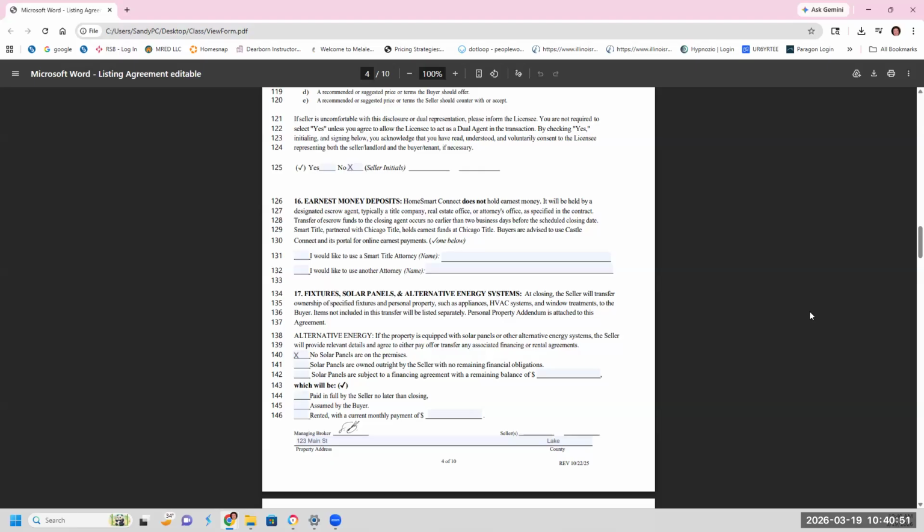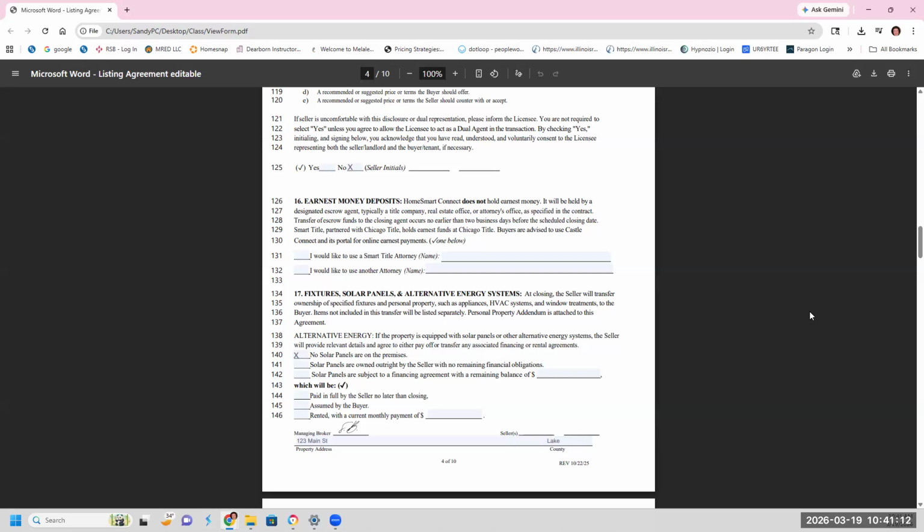Now, at line 141, are they owned outright by the seller with no remaining financial obligations? Probably 1% of the sellers own those solar panels. More likely at line 142, the solar panels are subject to a financing agreement with the remaining balance of.